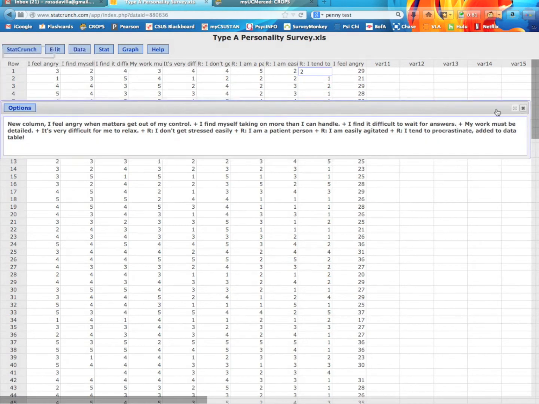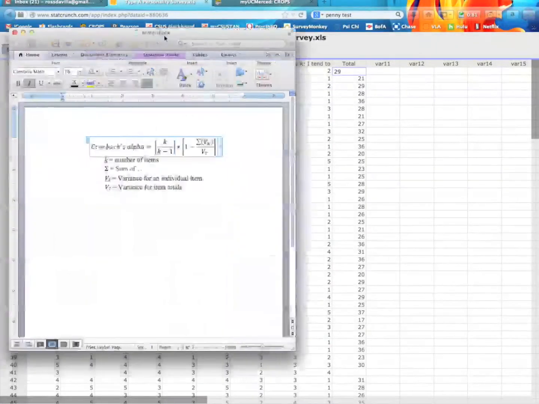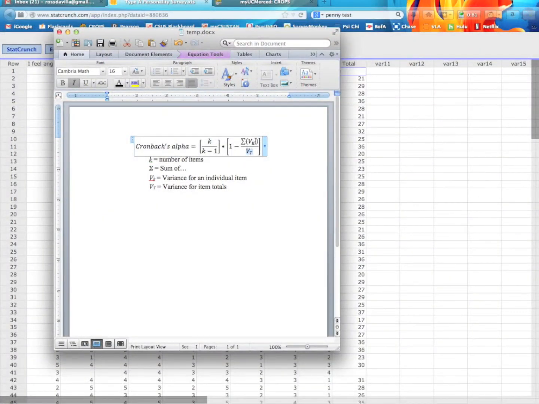We can go ahead and close this. And actually, just so that I'm aware of what this is in the future, I'm going to go ahead and rename it Total, because it's just the total of all 9 items. So now, in order to get these two things right here, which we need to calculate, we need to get the variance of each individual item and then add them. And then we need to just get the variance of this one totals column right here and divide that.